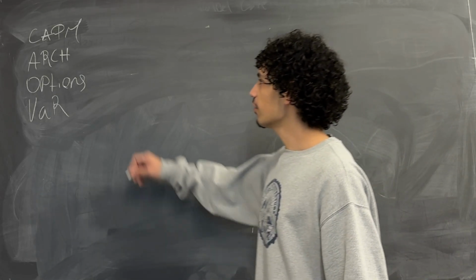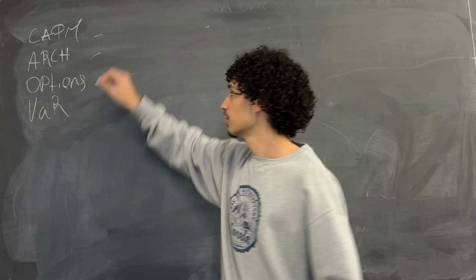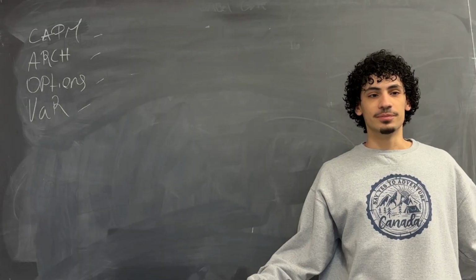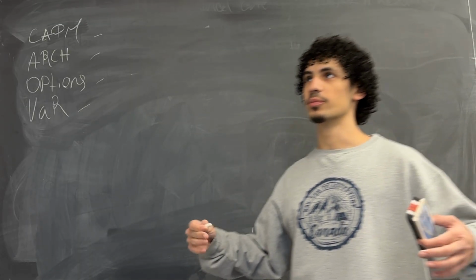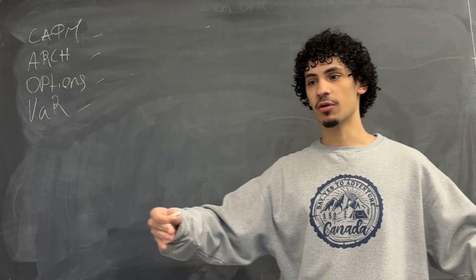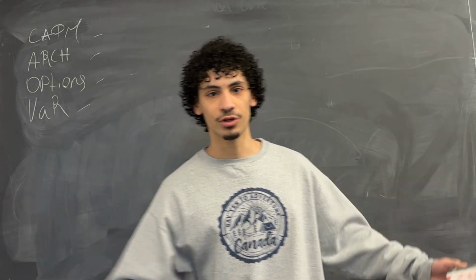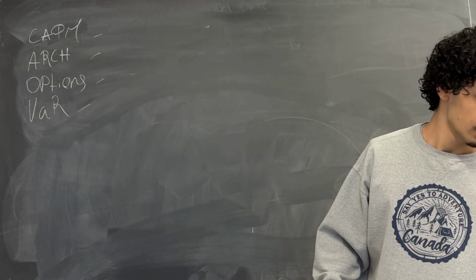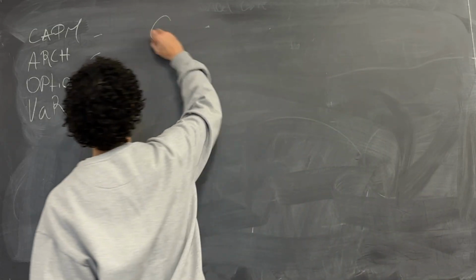Okay, so we have CAPM, ARCH, I call it arch, options and value at risk. These four topics I want to dive into, and beyond just the math of it, I want to talk about their implications, the real world value, and stuff like that. So, starting with the